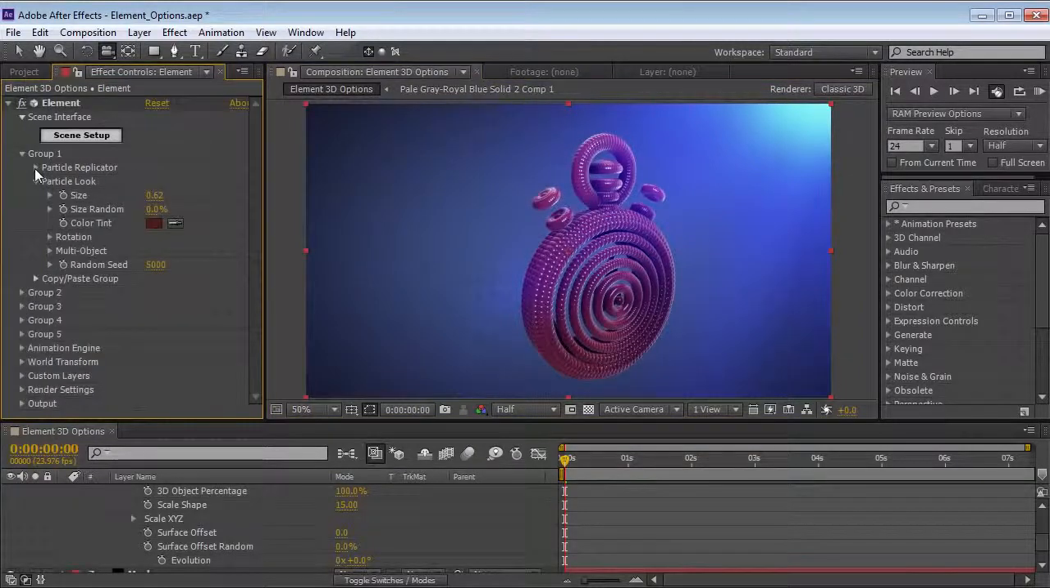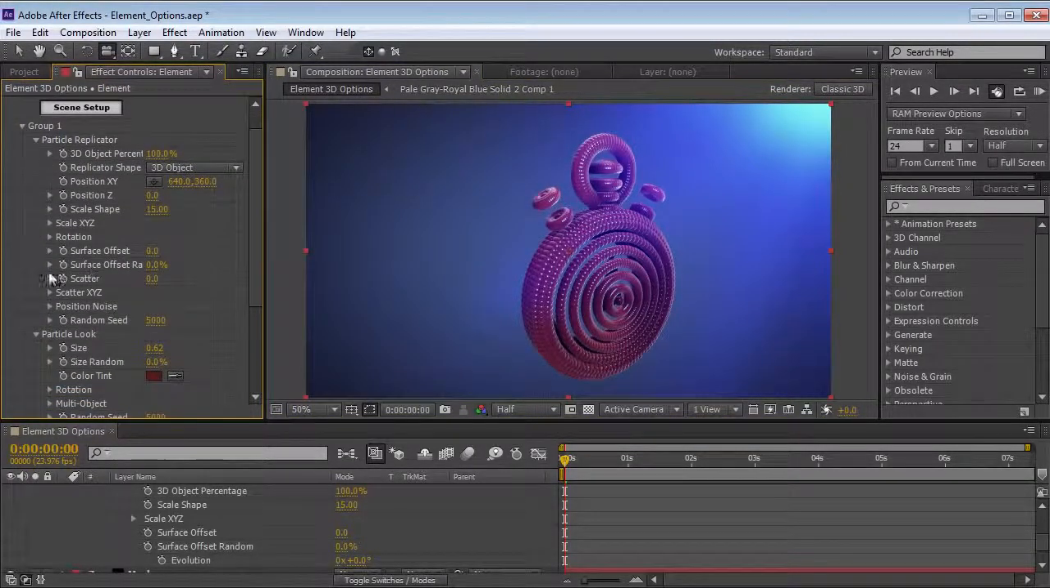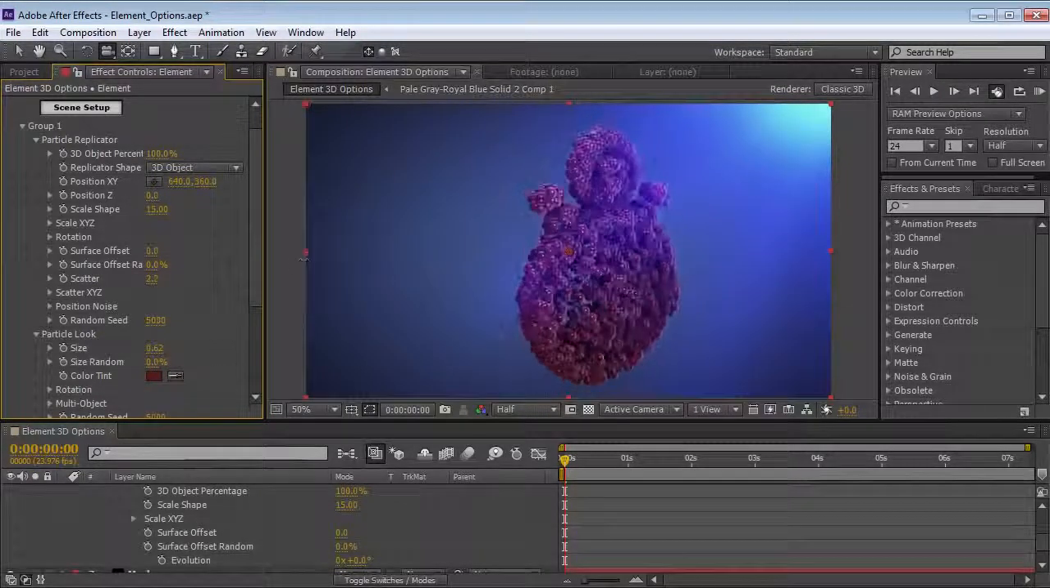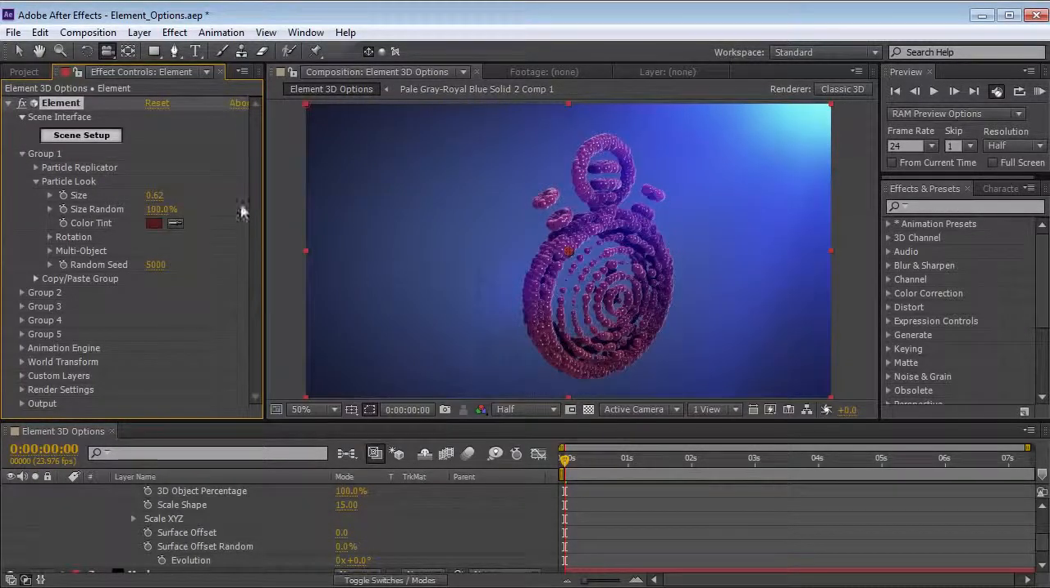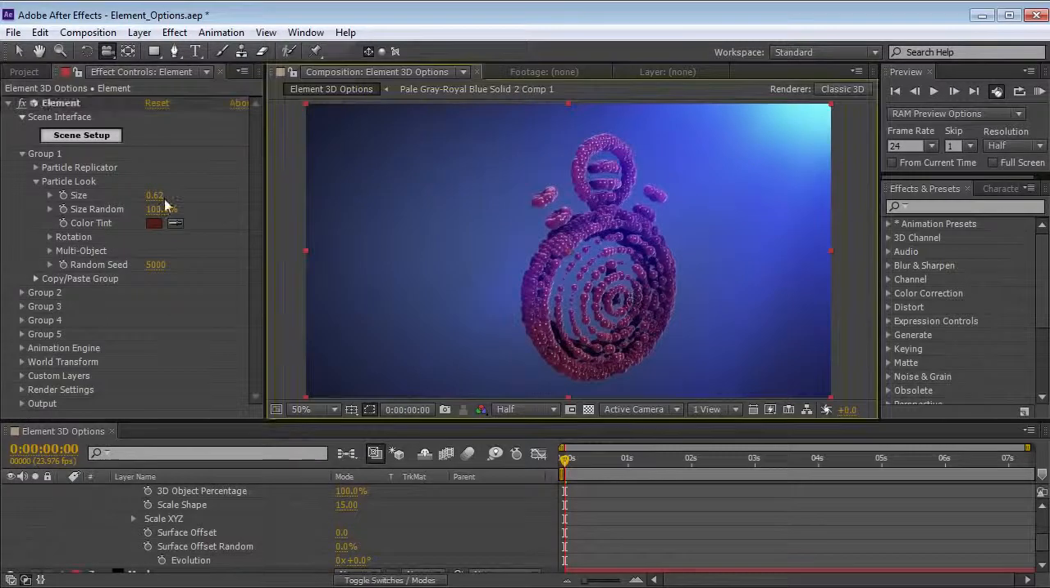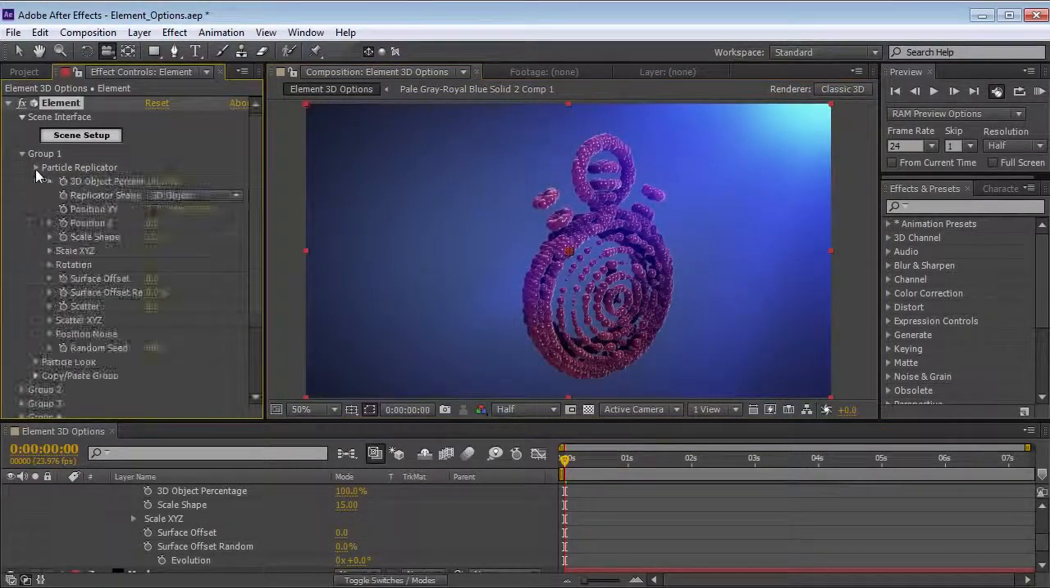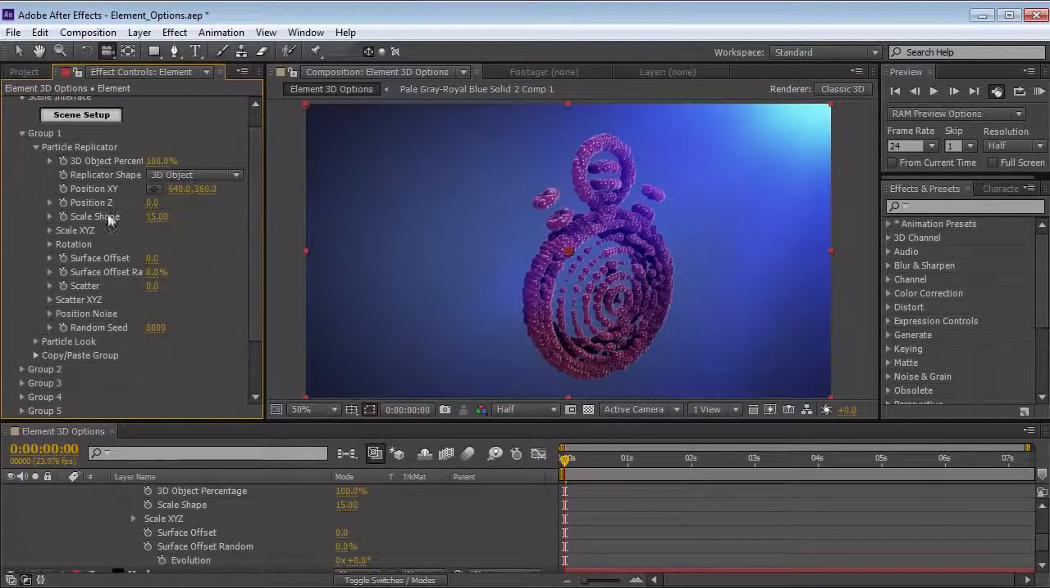Now that that's set up, we can go in and do some of these different things, such as scatter, and that'll move the particles randomly. We can also go into the particle look, and again, we could turn up the size random, and that'll create an interesting look. We can also go back to the replicator shape, and let's talk about some of these different